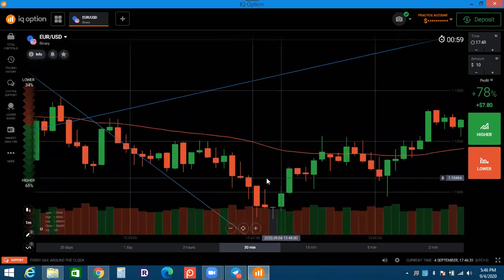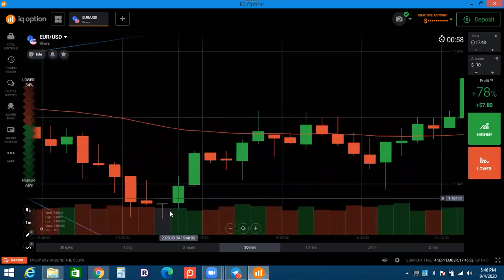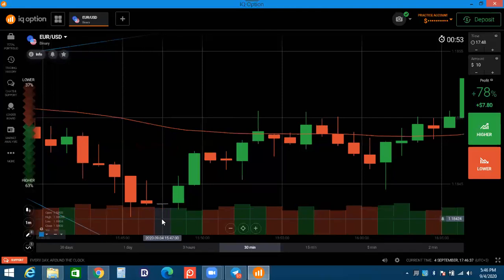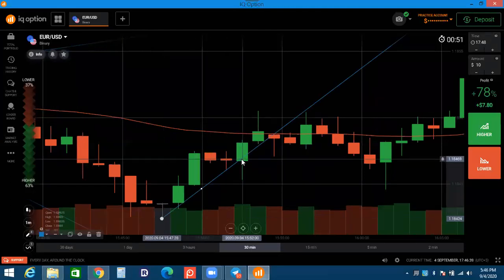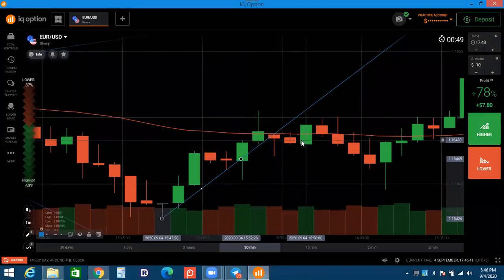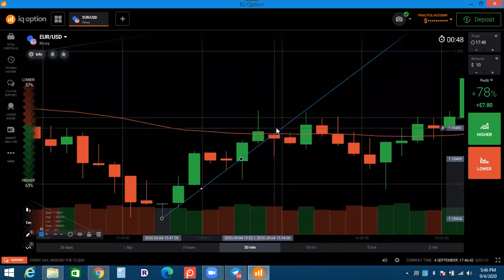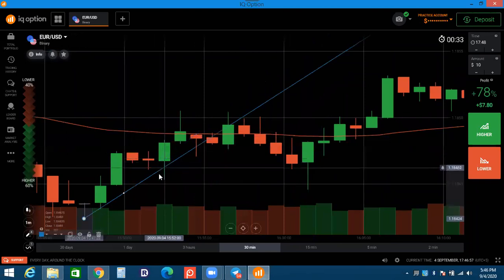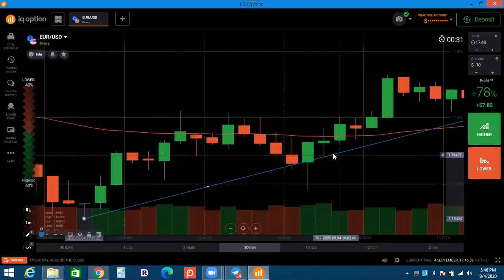And now here, look at. So that is the point. I just add this one to here. So now the green candle is out of the level. We cannot take a trade here. Don't make a mistake. This green candle is not on the channel. It's below the channel. We cannot take this one. It's risky now. But now we can take a trade here, from this level to this level.